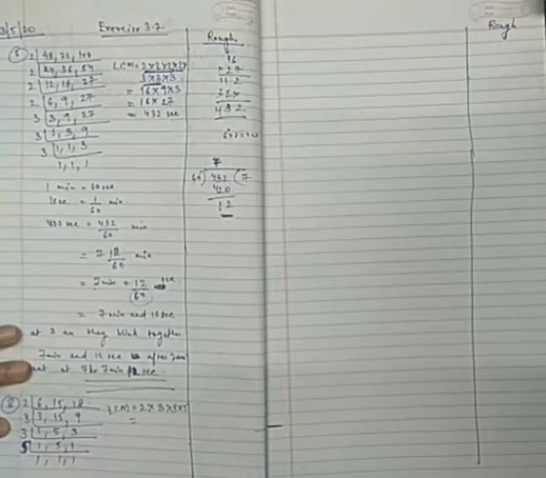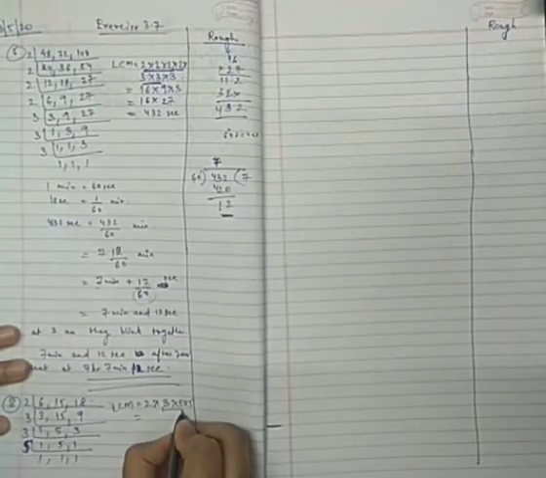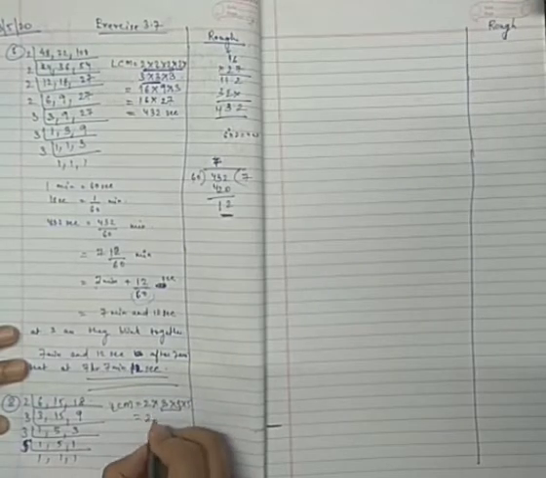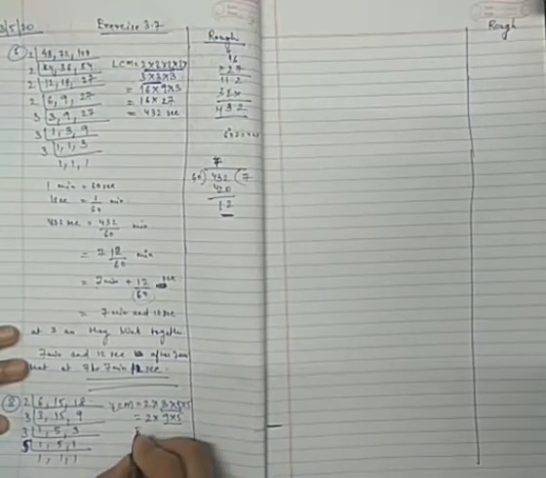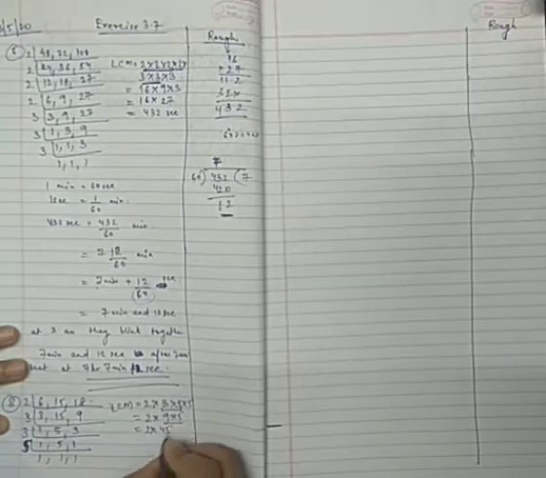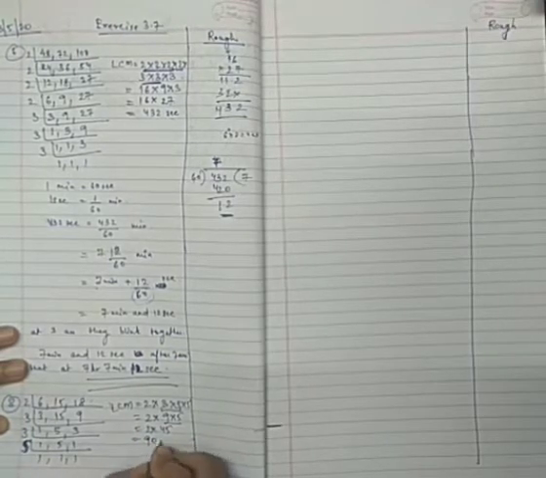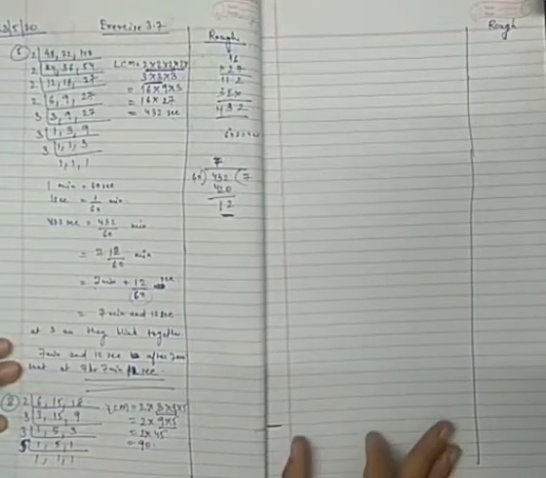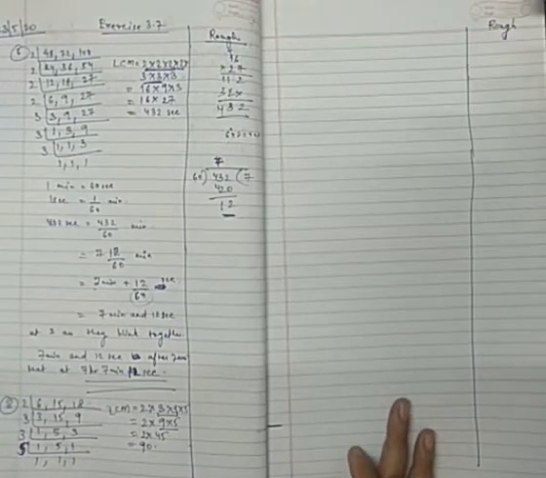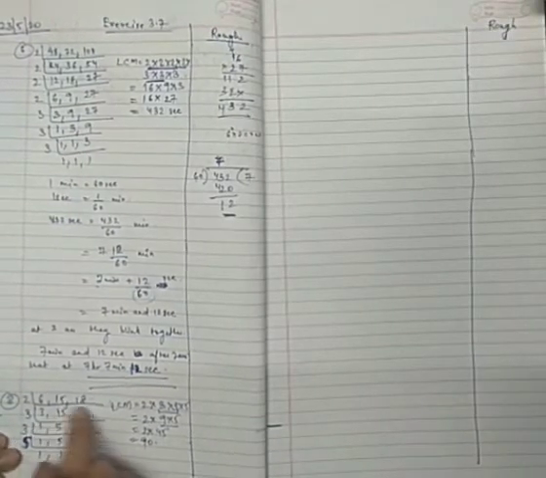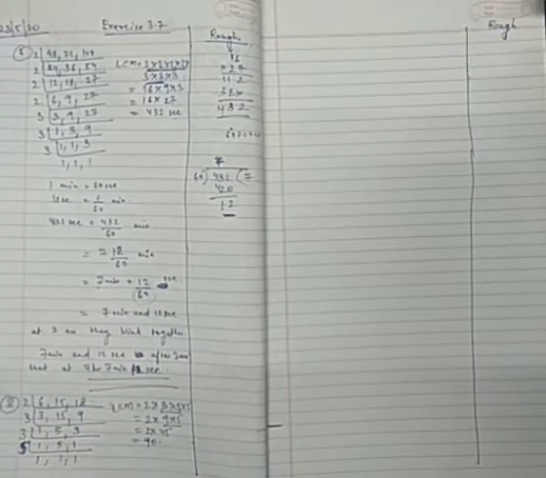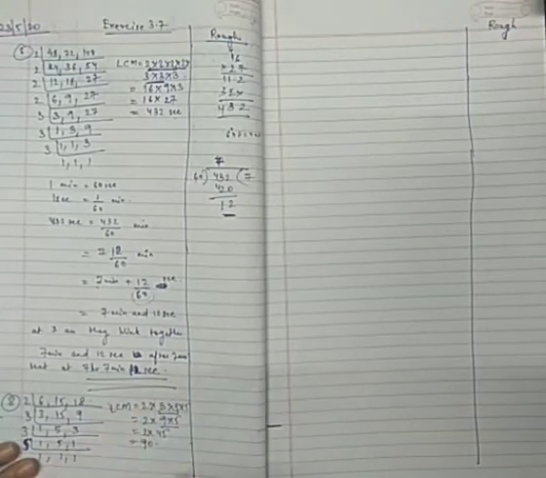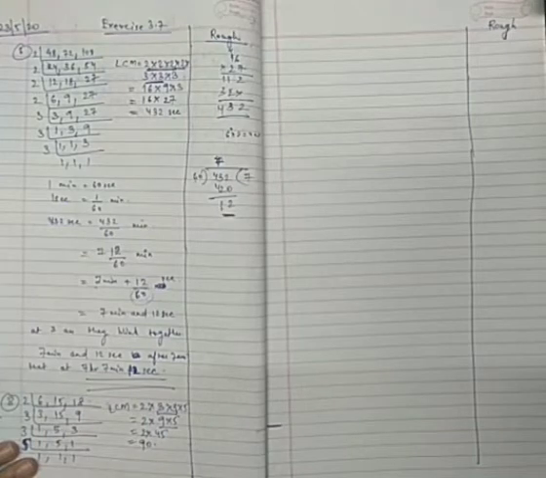Now let's group these numbers together so that we can multiply them easily. 2 into 3 3s are 9 into 5. 9 5s are 45. 2 into 45. So 2 45s are 90. So the LCM is 90. Now children, see, 90 will be divisible by all 3 numbers, right? Because it is a multiple.